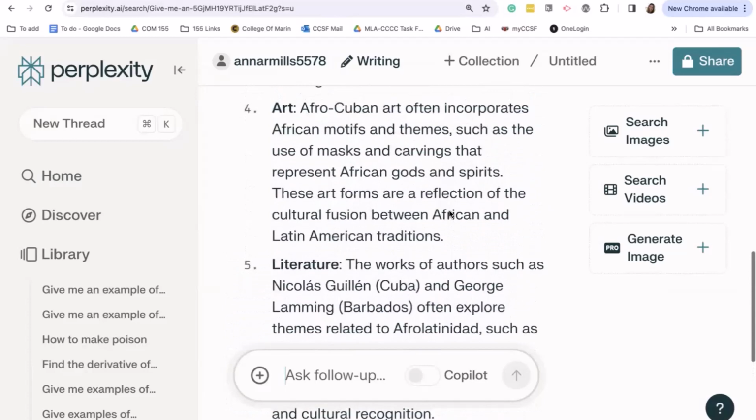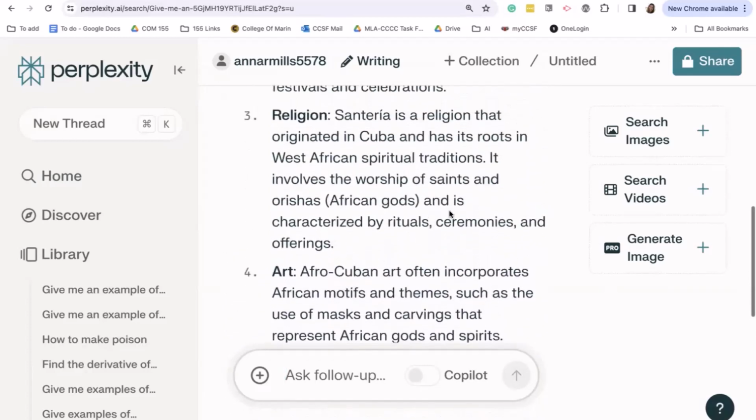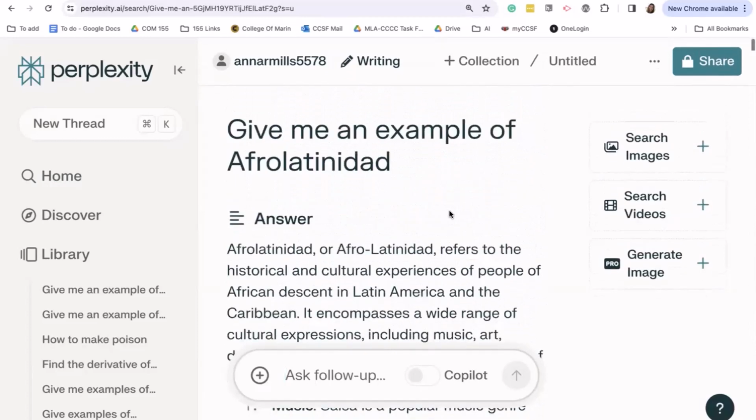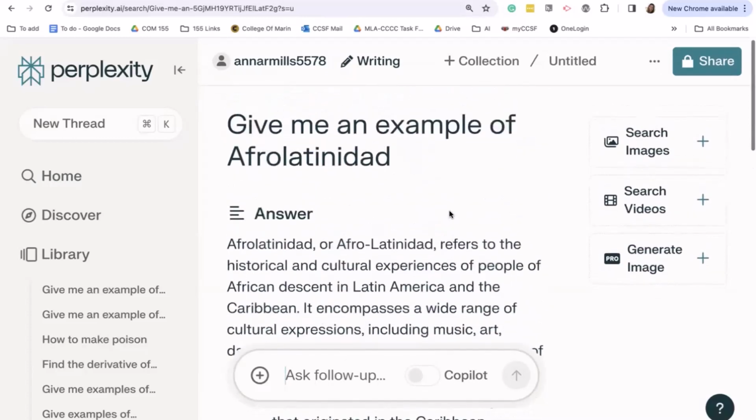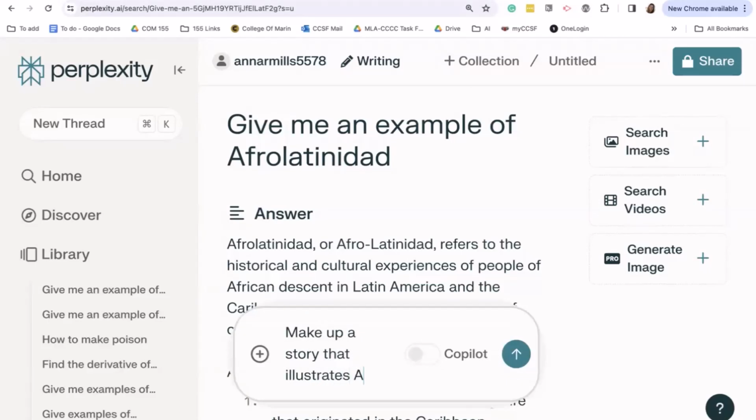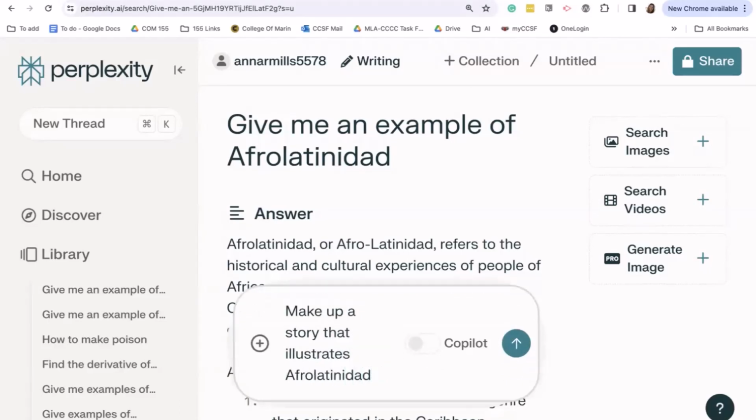No, that's okay. I mean, I would love to, but I think we're almost out of time, and I want to make sure we get some other questions in. But that's good to know that it gave so much. And I wonder if we could ask it to make up a story that illustrates Afro-Latinidad. If we pushed it to get more specific, we might get something that was more interesting for discussion or argument or easier to critique. That's interesting that Elizabeth is saying that it didn't follow directions. Yeah, so we could really play with this and experiment more.